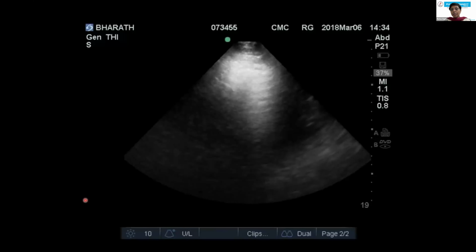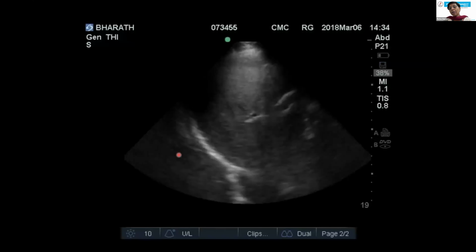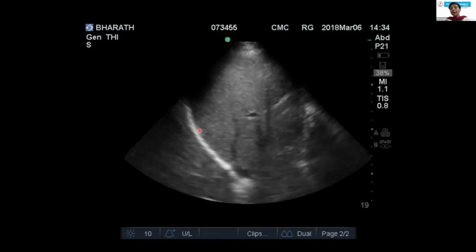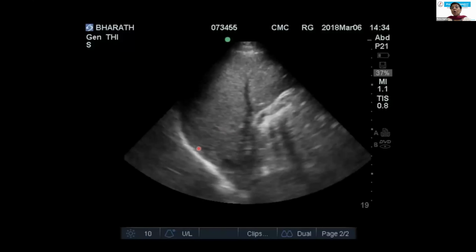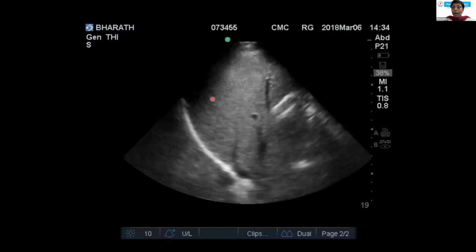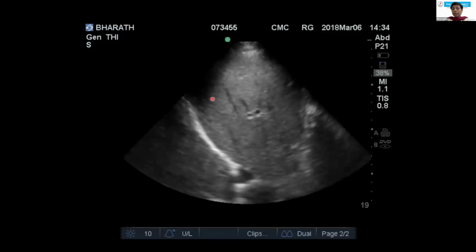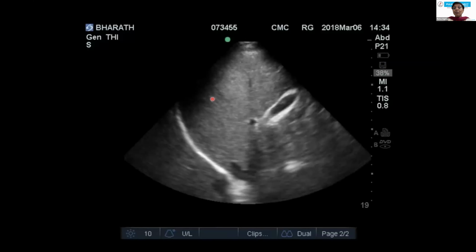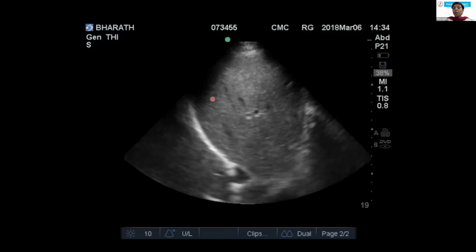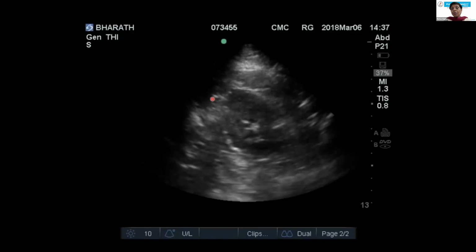Right? This is just the normal. And when we are doing it, it is important for us to identify how the liver looks like, where is the diaphragm, and how the spleen looks like. When we are planning an ultrasound guided procedure, it is always important for us to identify how much is the depth from the diaphragm, or from the liver, or from the spleen. It is very important, because sometimes, when you are a novice ultrasonographer,